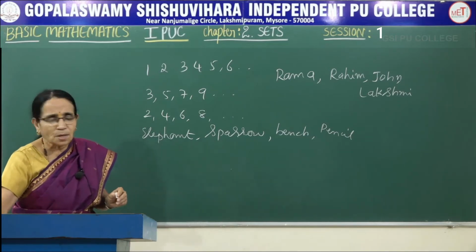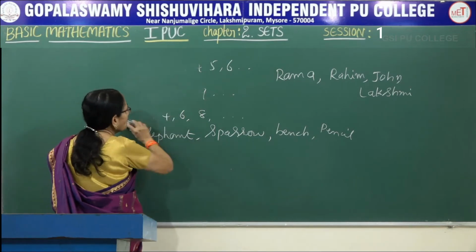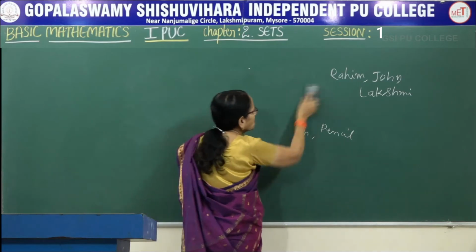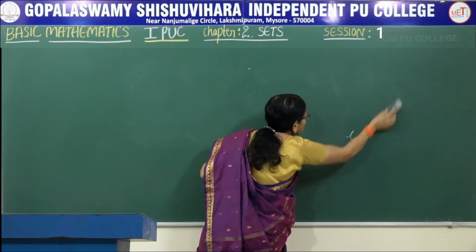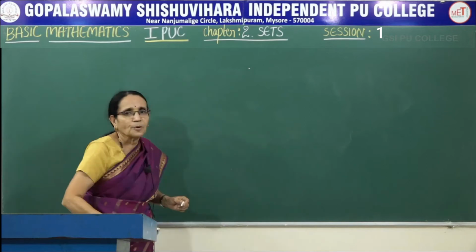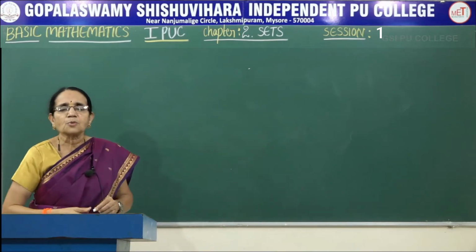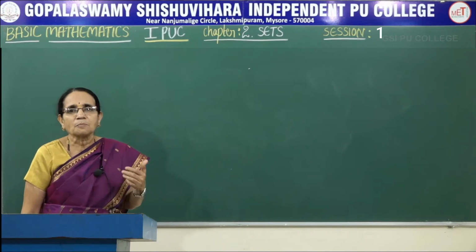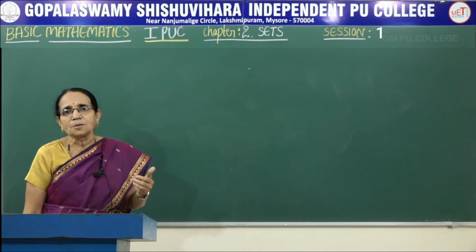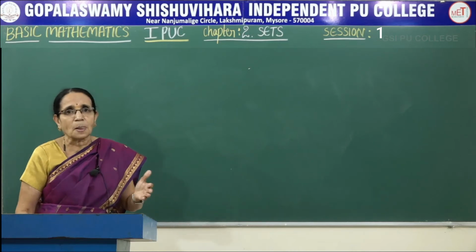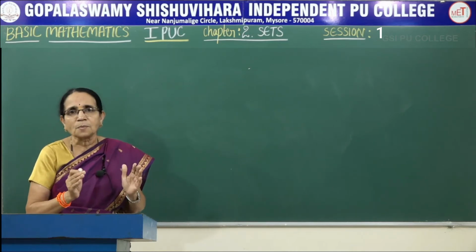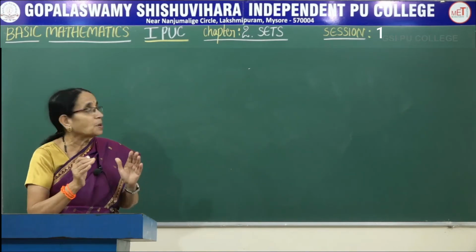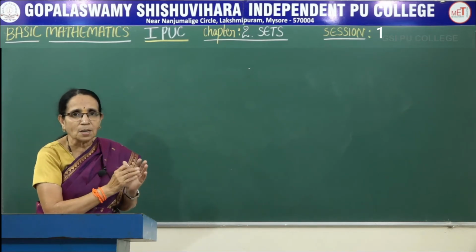Now, it can be of any type, need not always be numbers here. The collection can be of anything. For example, the collection of students of first year PUC, the collection of students of first PUC taking the PCMB combination, or the PCMC combination, or the EBAC combination. So, when I say the set of students having PCMB as an optional subject, it means all those who take PCMB come into that particular collection.